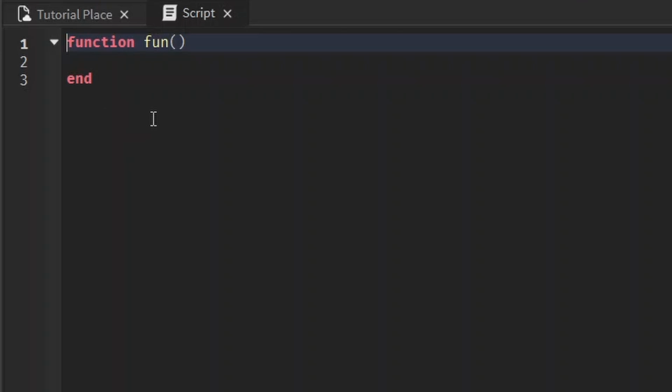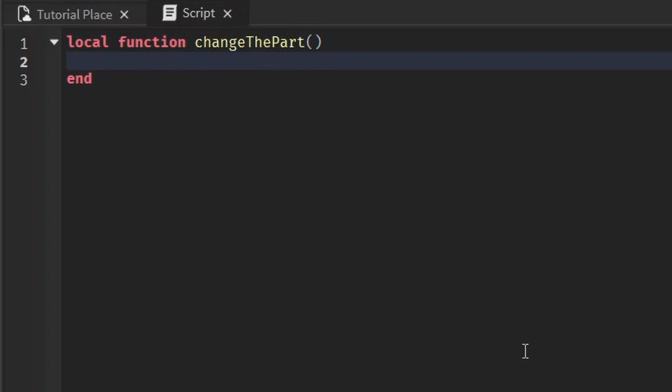And speaking of variables, you can also make it local, and this works the same way as a local variable. You can only use it in the same block that it's in. You can't use it outside of that block. Let's change this function's name to change the part, in which the function changes some properties of the part. Let's make it change some properties like